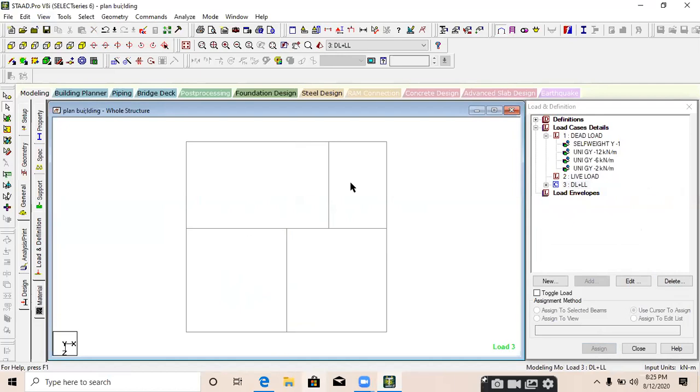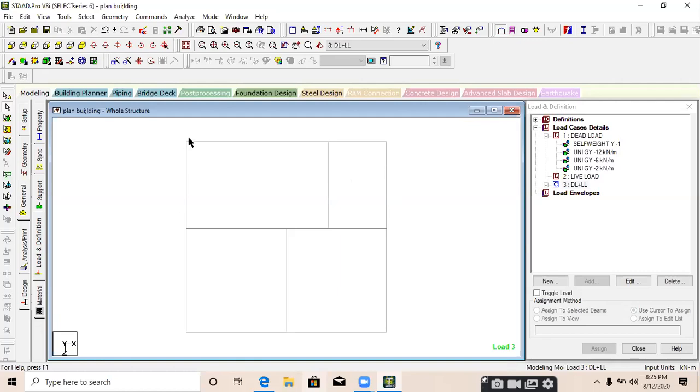According to IS 875 part 3, there will be different load according to the purpose of the room. If it is a bedroom or drawing room, we need to apply 2 kilonewton per meter load. If it is a bathroom, we need to apply a different load. If it is a kitchen, then we need to apply a different load. If it is a storeroom, then we need to apply a different load. So for an example, I am taking 3 kilonewton per meter load for the first room, 2 kilonewton per meter load for both the rooms, and 2.5 kilonewton load for this particular small room. 2, 3 and 2.5. How can we assign these loads?